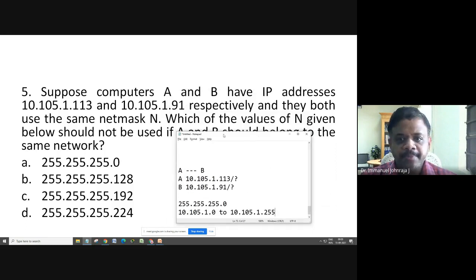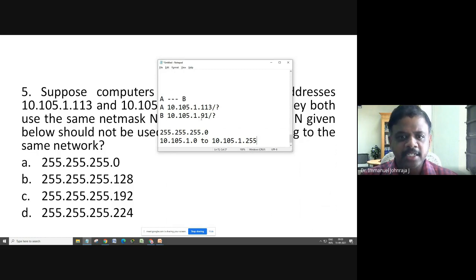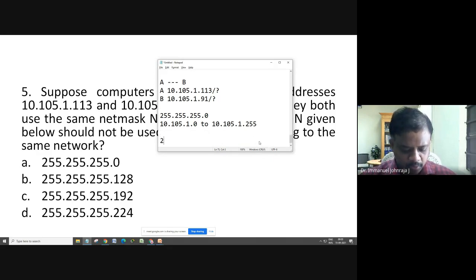What is our IP? Our IP is 113 and 91. Do you think this 91 and 113 is in this range, 0 to 255? Yes, 0 to 255. So 91 and 113 are numbers falling between 0 and 255. So that mask can be used. All right. Second one,